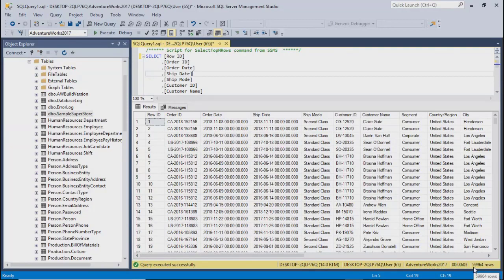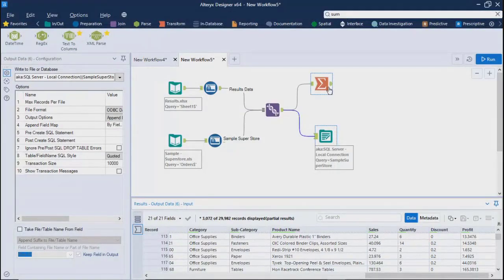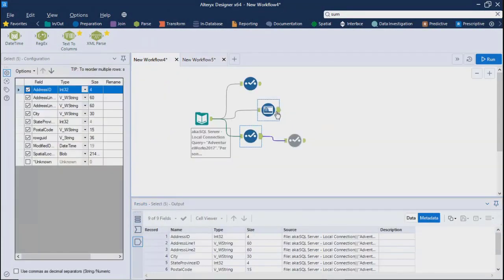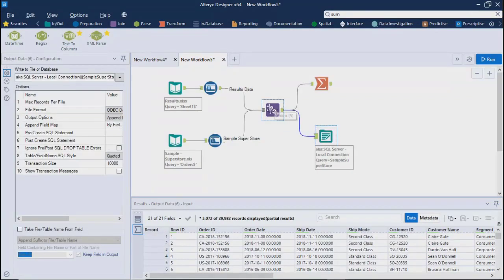Clear? Okay. So any questions so far on what we covered today: connecting to SQL Server, looking at select, dynamic select, auto, and then connecting to SQL Server, doing union, summarizing your data and putting it back into SQL Server.